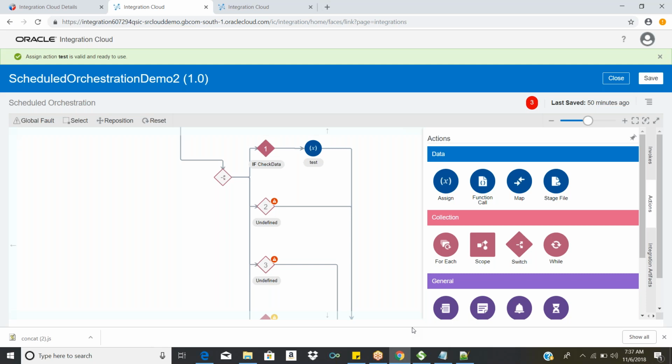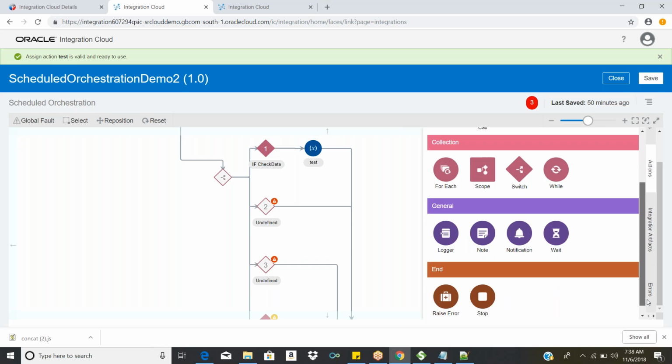The for each is for looping over all the repeating elements. If you have 10 records, we can iterate over these 10 records. That's the for each, but don't worry, I will explain the flow. The while activity is also similar to for each. The simple logic: if you have 10 records in the DB, for each record I have to send an email alert to the configured email ID. Those kinds of scenarios you can do using for each.